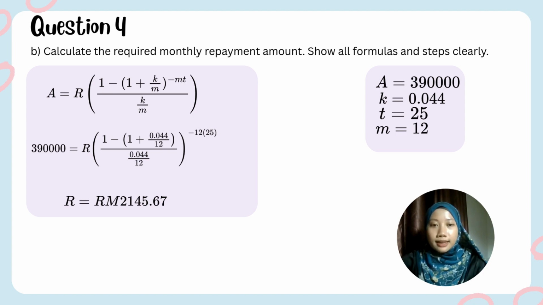Show all formulas and steps clearly. For this question, the present value is 390,000. K equals 0.044, T equals 25, which is the year, and M equals 12, which is the compounded monthly. So we use the present value formula, which is A equals R times [1 minus (1 plus K over M) to the power of negative MT] over K over M. So we just substitute all these amounts into the formula, and then we can get R equals